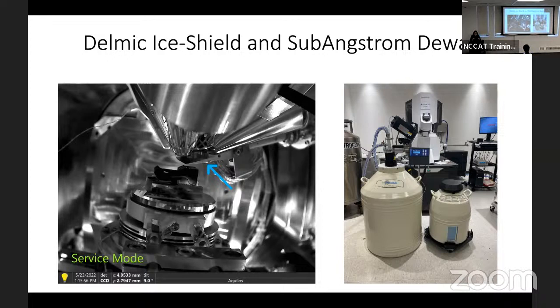So it's not actively blocking your grid. It's a giant metal piece that's cooled. It has a hole in it so that you can actually FIB through it. It will retract every time you tilt the stage more than 10 degrees, move the stage anytime, or if you're taking any SEM images, which we currently really don't do anymore besides doing an atlas or